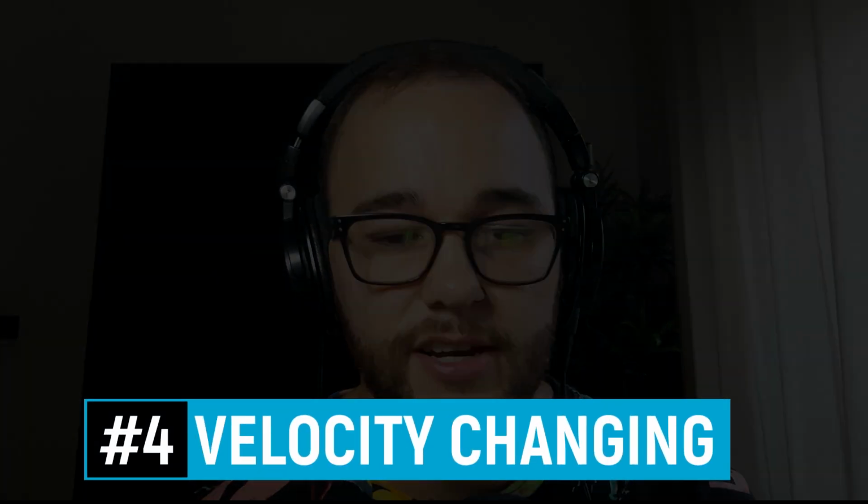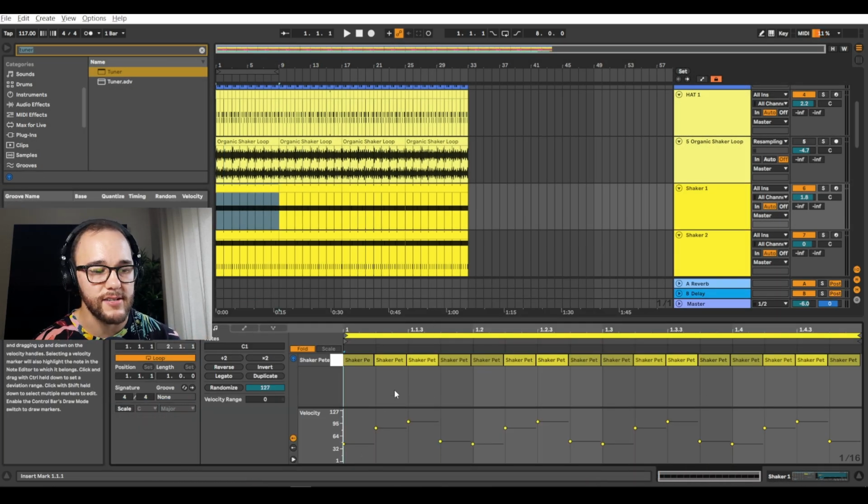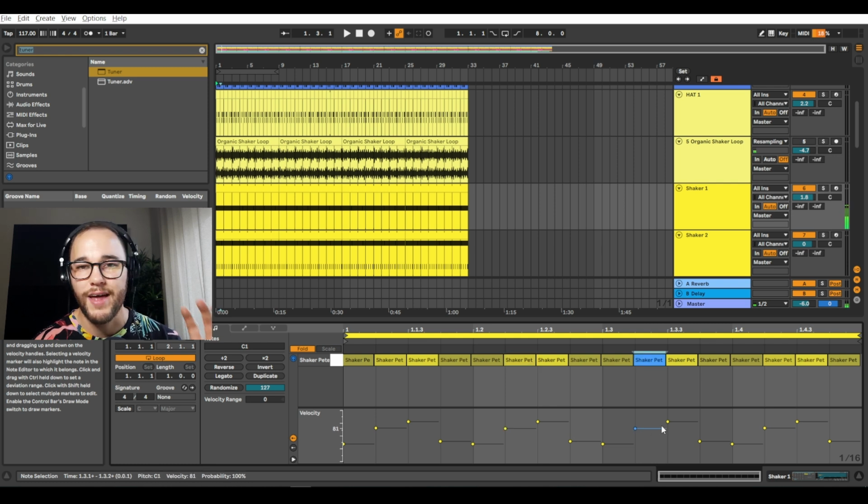And if you insist on not using loops and making your own, then that leads me into my next tip. My next 2 tips, actually. Tip 4 is velocity changing. Going into the MIDI information and changing the velocity of each of these hits, we can see that I've done this kind of waving, and I suggest grabbing each and just moving them independently so that each hit is just